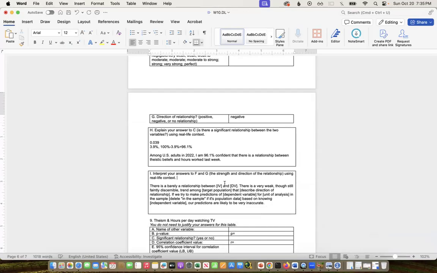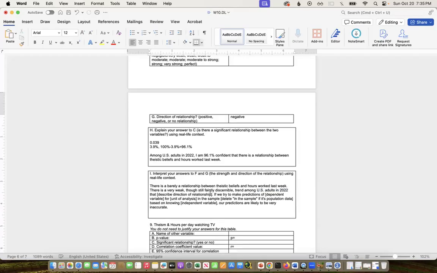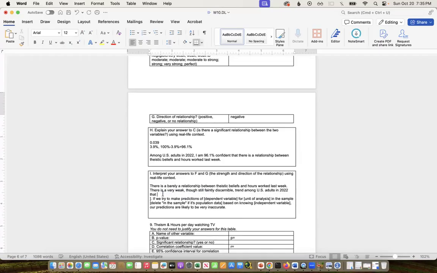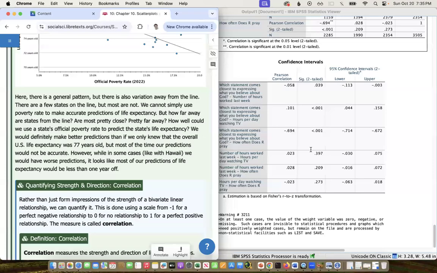Okay. There is barely a relationship between theistic beliefs and hours worked last week. There is a very weak, though still faintly discernible trend among US adults in 2022 that, so this is the negative relationship. So as our independent variable increases,